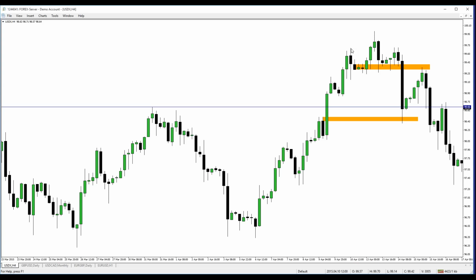Well, that means when it's running up here like this, maybe get short. Maybe look for a smaller time frame, 15-minute turtle soup over in here. Expect an unwillingness to continue higher. But because we saw this idea fleshed out on a daily chart, it's going to be a lot of range